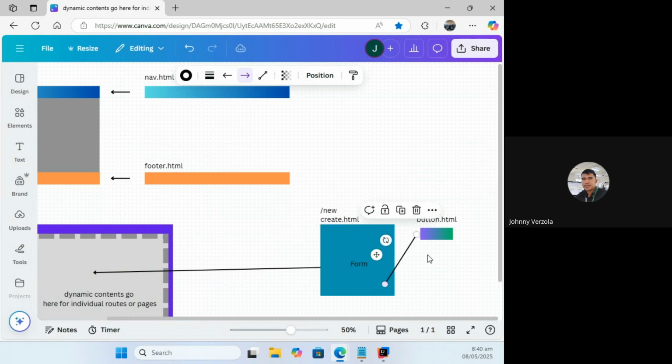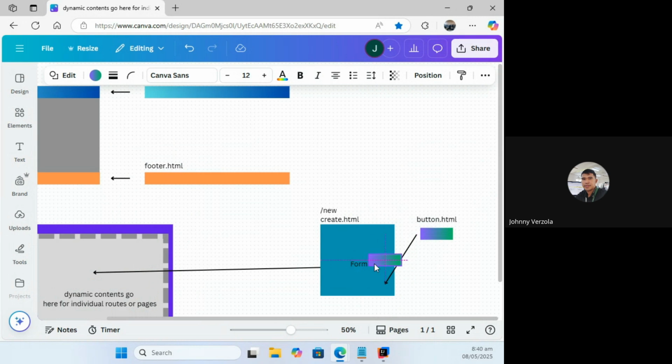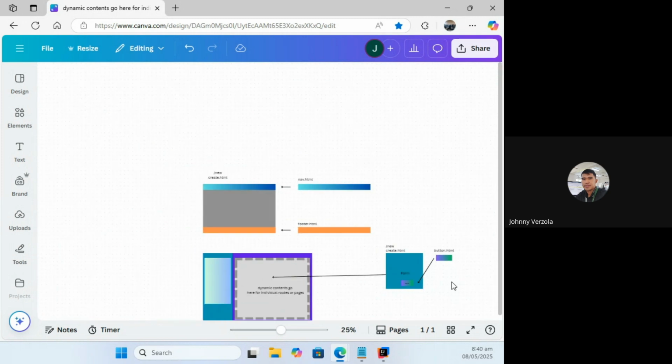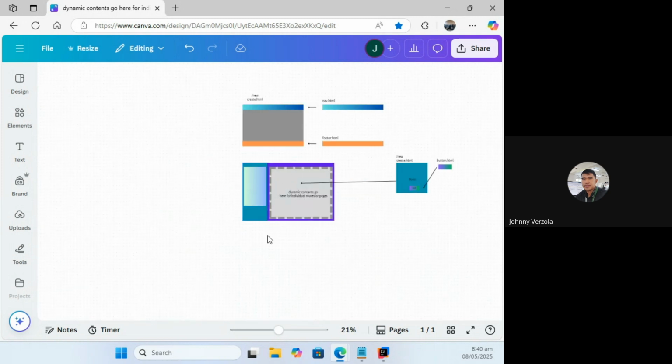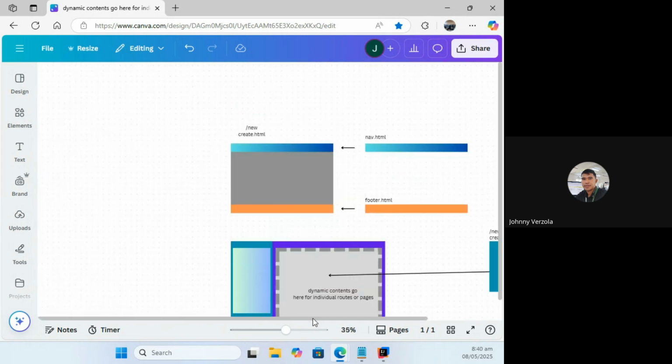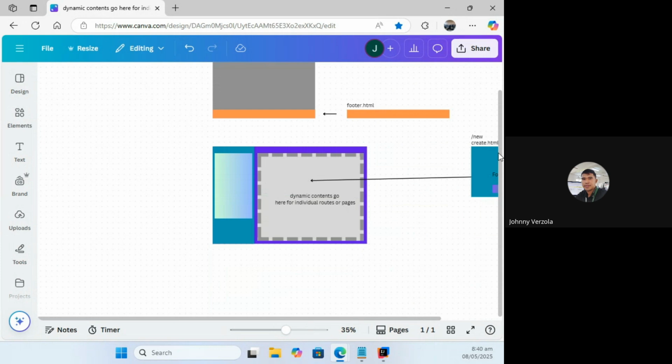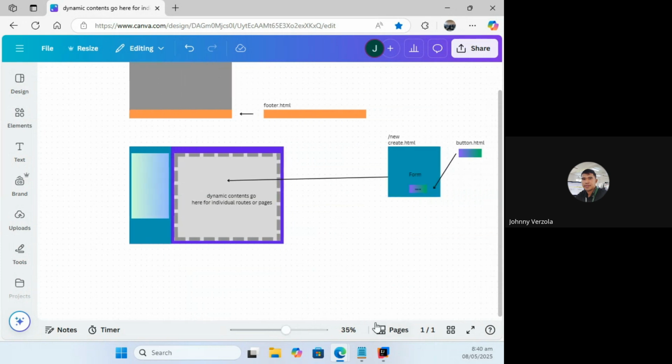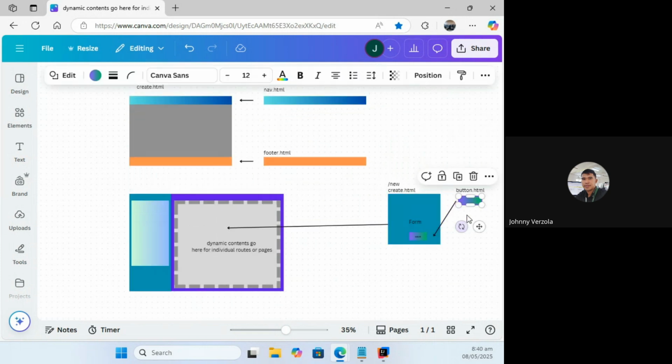Okay, in that case, we have referenced a component to be used in here, and I'm going to call this save, something like that. Okay, we're going to do this approach first, overall layout first, and then inject dynamic contents, and then in those individual pages or contents, dynamic contents, we can also have the option of injecting partials into it.